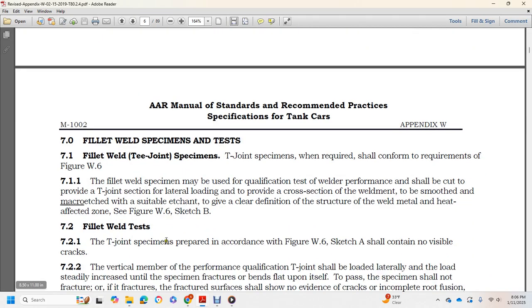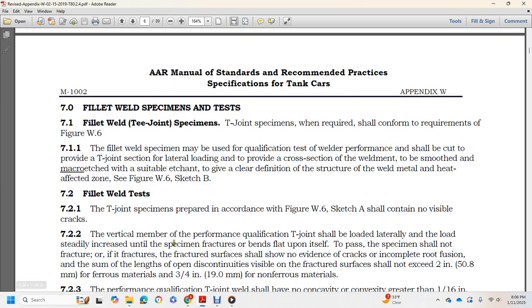Fillet weld joints. A typical joint specimen prepared in accordance with Figure W6 Sketch A shall contain no visible cracks. The vertical member of the performance qualification T-joint shall be loaded laterally. The load steadily increases until the specimen bends down flat upon itself. To pass, the specimen shall not fracture, or if it fractures, the fractured surfaces shall show no evidence of